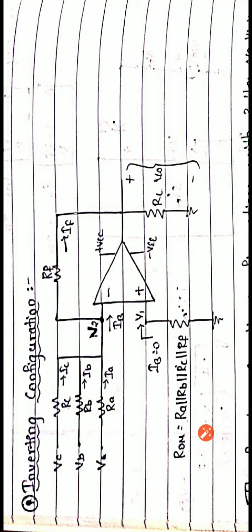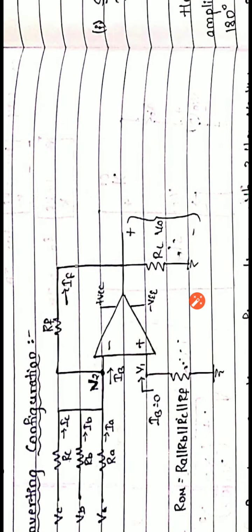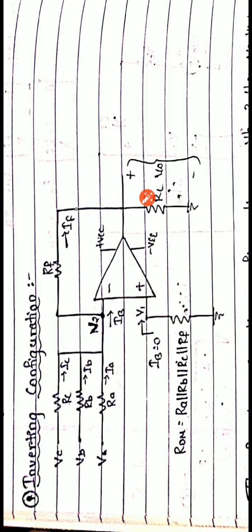Okay, so we call them reflected resistors, and this resistor is used to reduce the offset voltage of an op amp. V0 is the output voltage which is measured at the load resistance RL. Okay, so now first we need to derive the expression for this configuration. Then we will discuss summing, scaling and averaging of the amplifier.